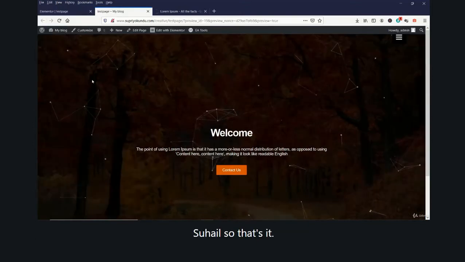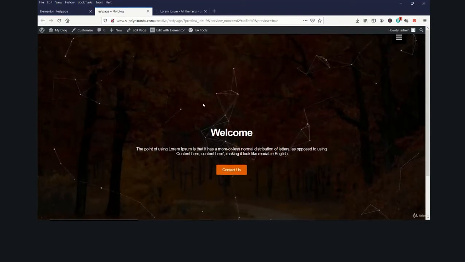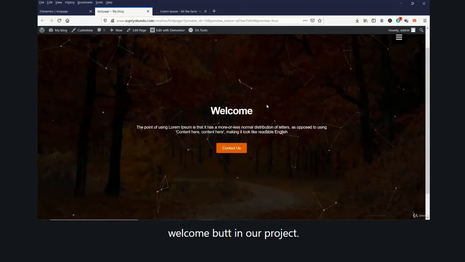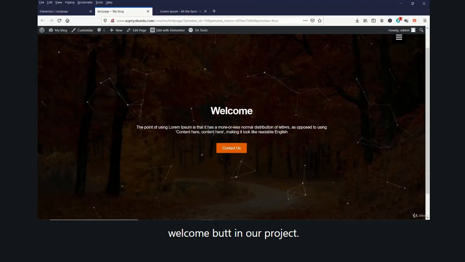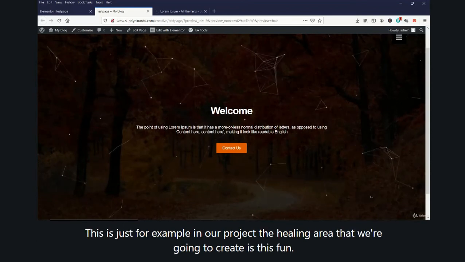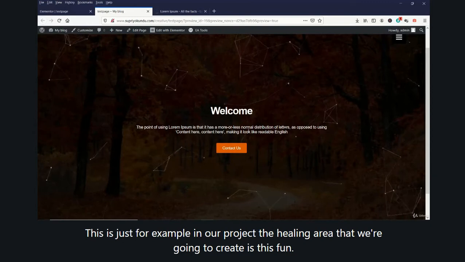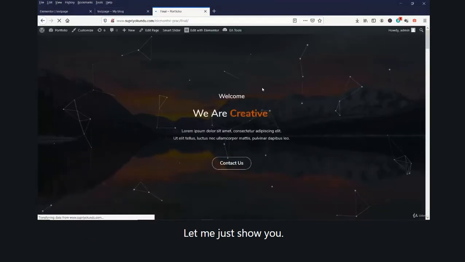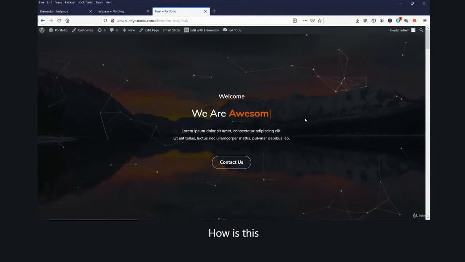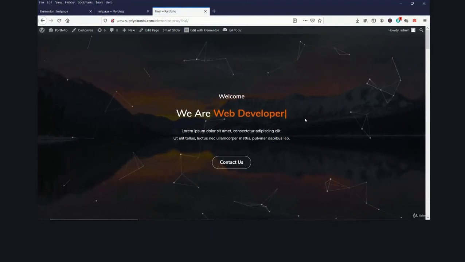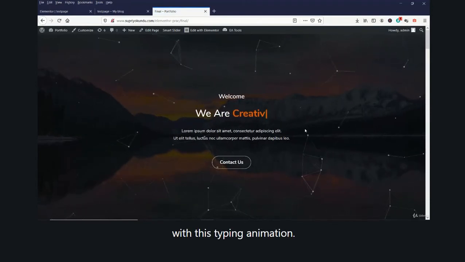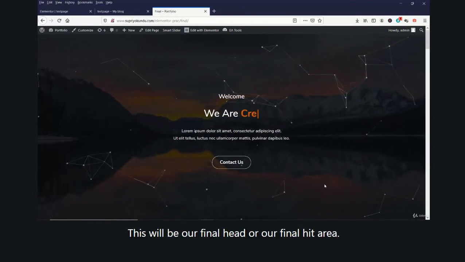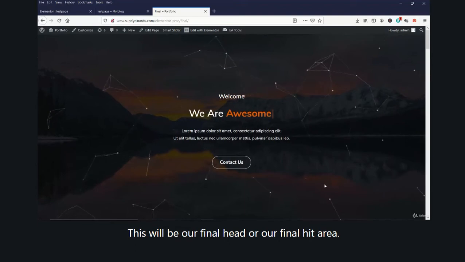So that's it, guys. See, welcome. But in our project, this is just for example. In our project, the hero area that we are going to create is this one. Let me just show you. See here, how is this? With this typing animation and this particle animation, this will be our final hero area.